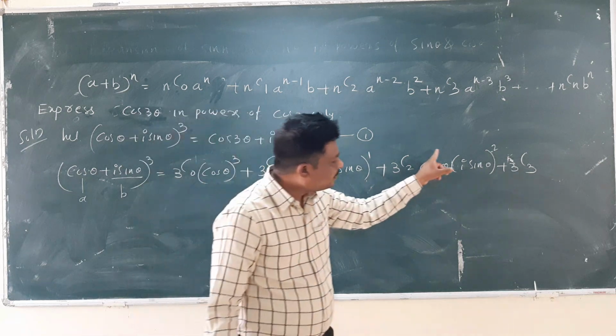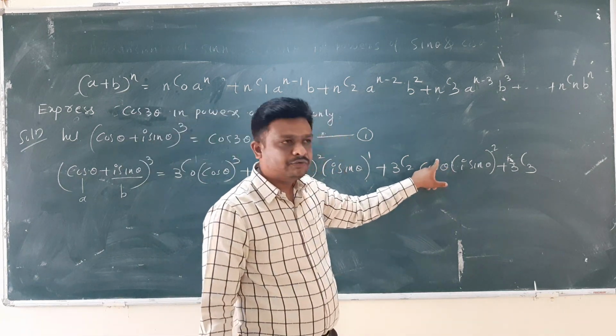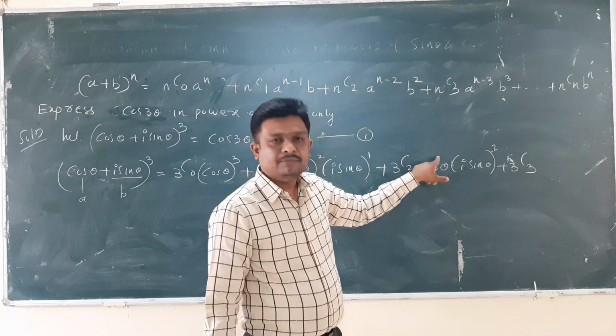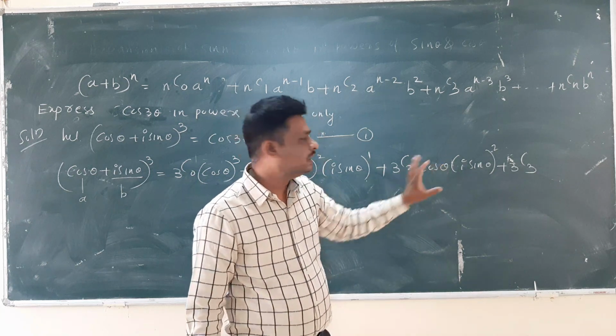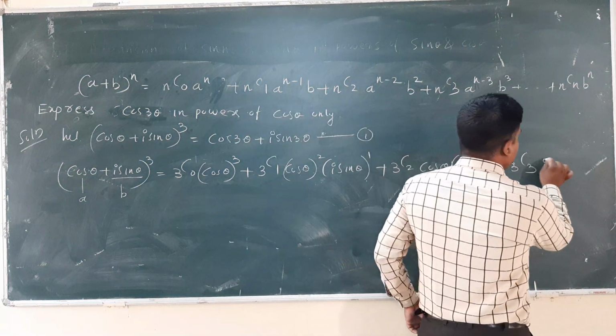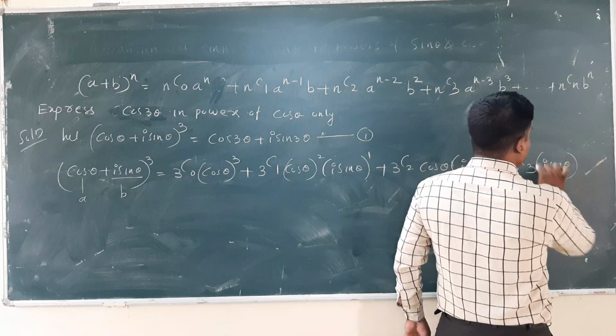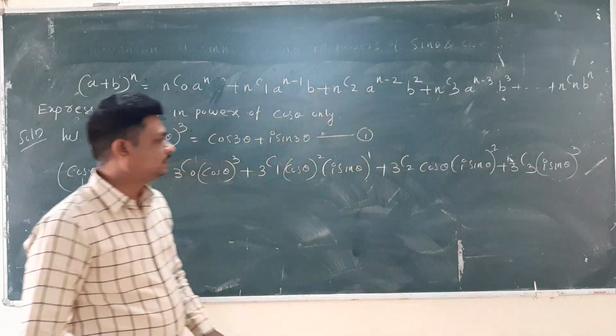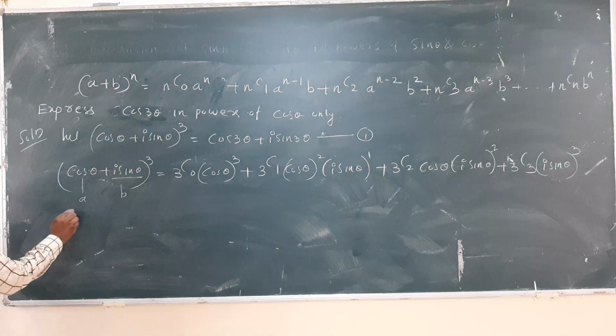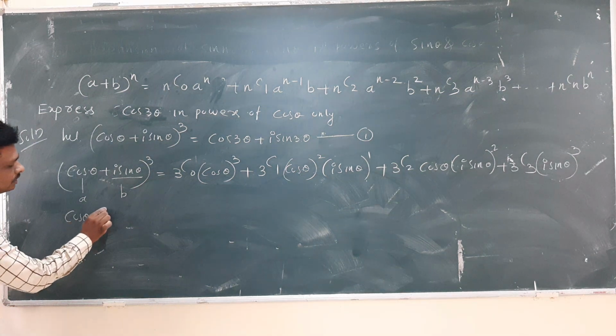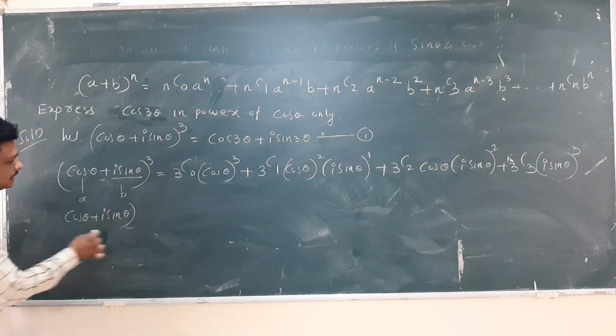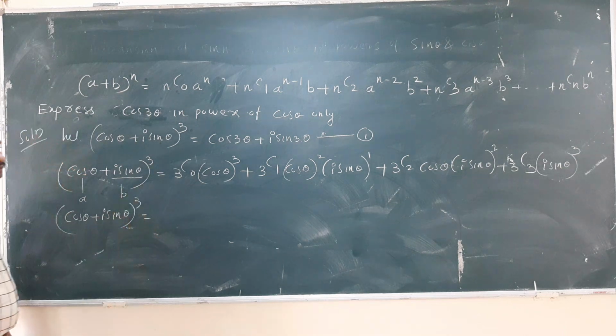Decrease the power of cos by 1. So here the power is 1. If I decrease, the power becomes 0, so cos to the power 0 is 1. No need to write that term. So I increase the power of i sin theta, and here I will get power 3. Now I will simplify this one. Therefore, (cos theta plus i sin theta) raised to 3 is equal to